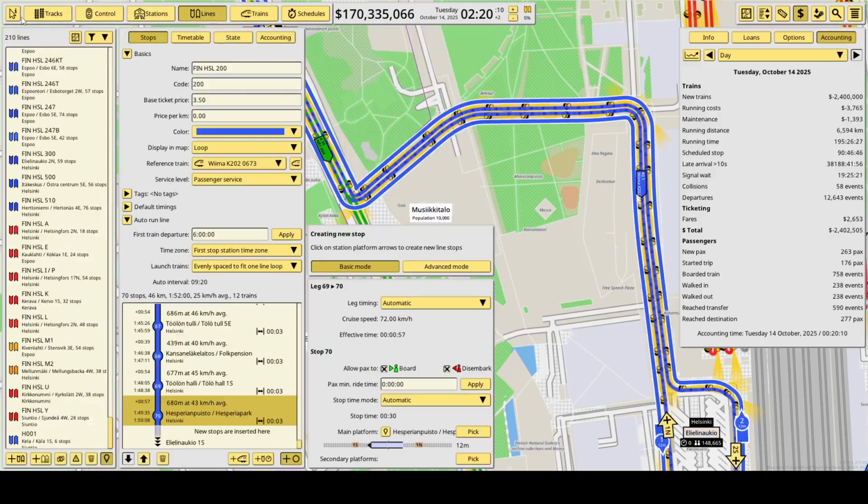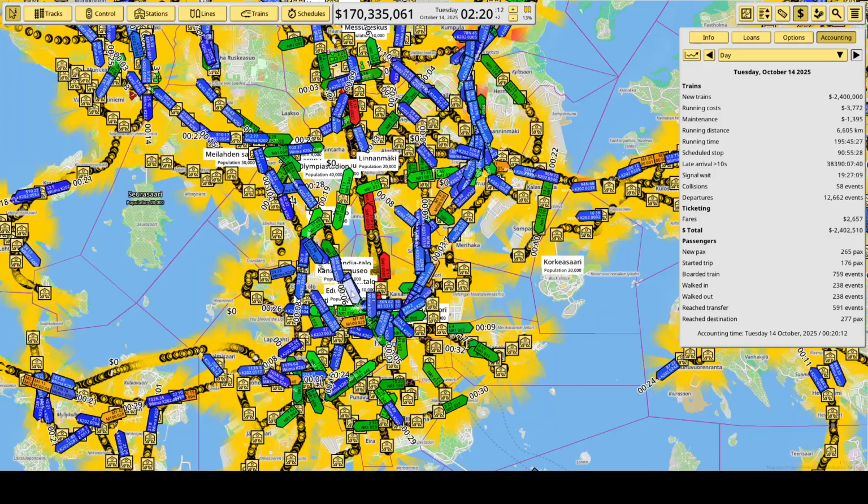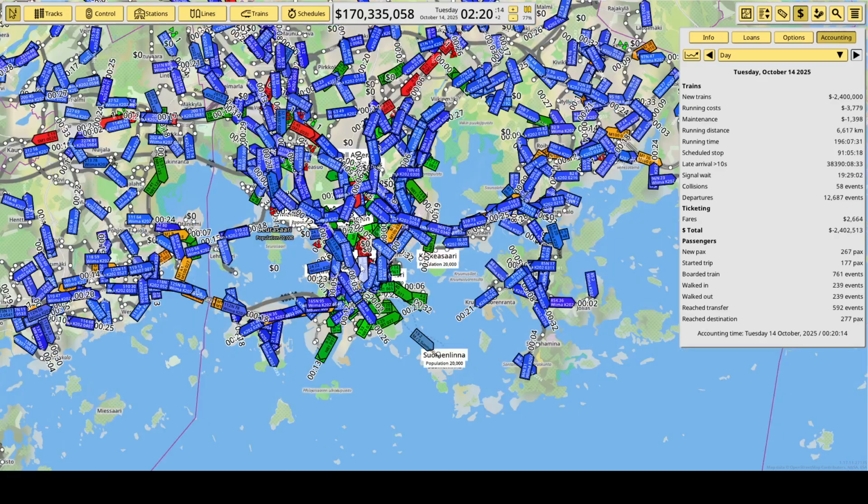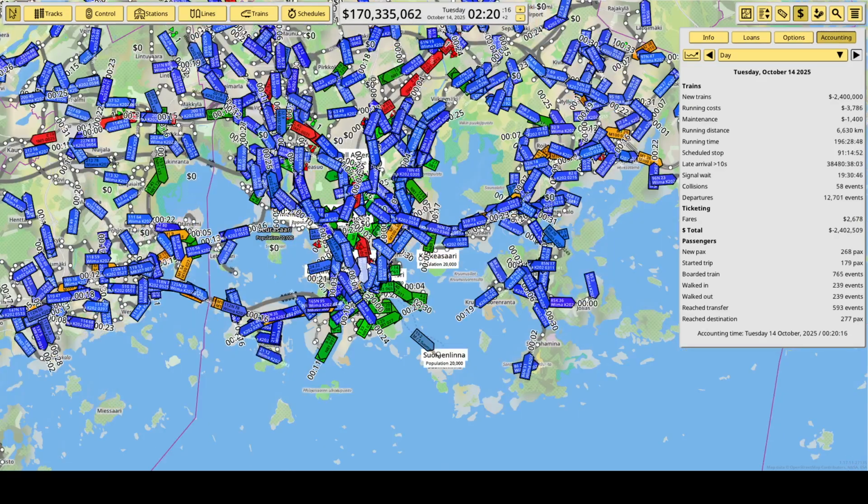And that's it. No tracks built, line has been created, buses have been bought, everything is up and running, and